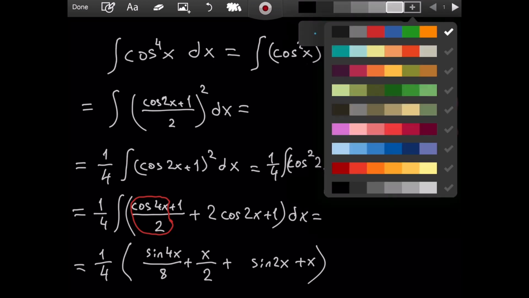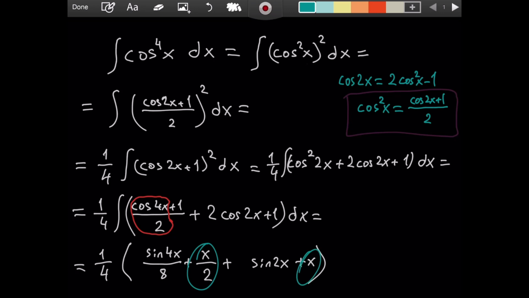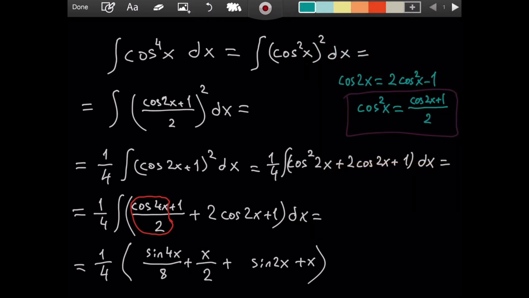Here I see that this and this can be combined to give the result. Let me erase it. Actually, let me do it like this. Let me put a 3 here and get rid of this x. And let me make it cool. Like this. And this is the result, by the way. The indefinite integral of cosine raised to the power of 4 of x is equal to